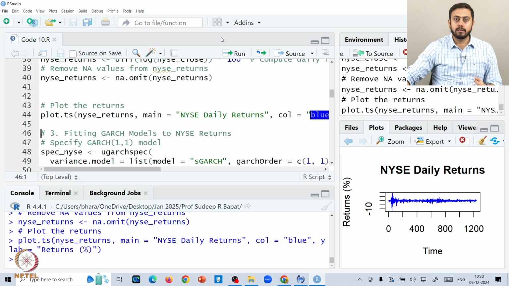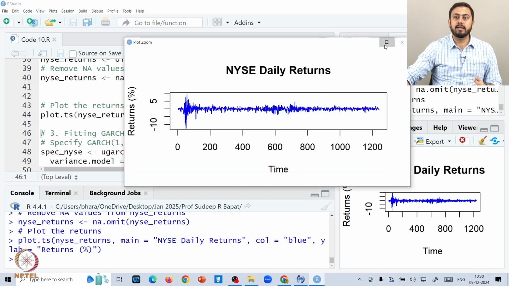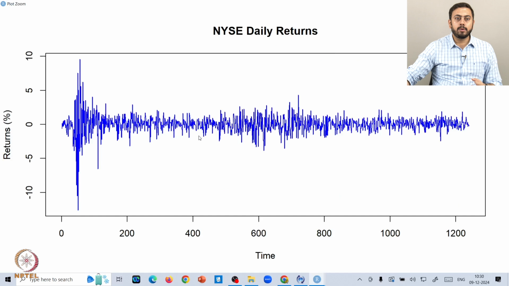Let me zoom in. So this is exactly how the NYSE plot looks, and clearly you can see that you have a changing variance problem here, because if you observe in this period, which is the COVID period by the way, you can see highly volatile behavior in the NYSE daily returns. As the returns progress down the line, you do not see any drastic changing variance problem, but if you analyze this overall, you do have some changing variance problem. This is called a funneling pattern, where initially you have high variance at this time point, and later on the variance reduces.